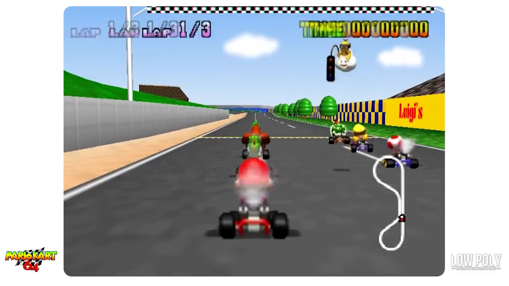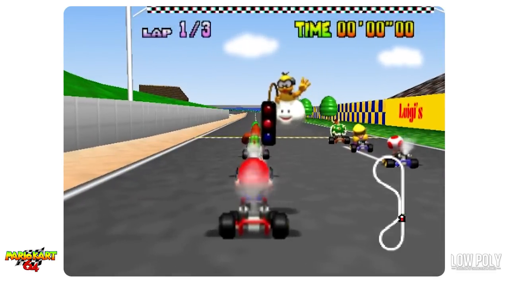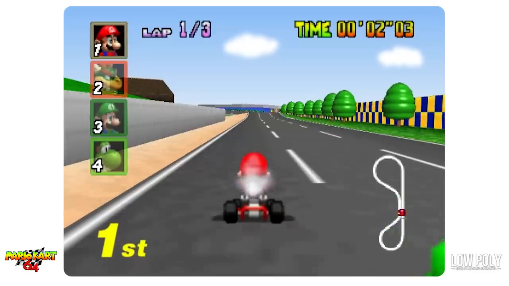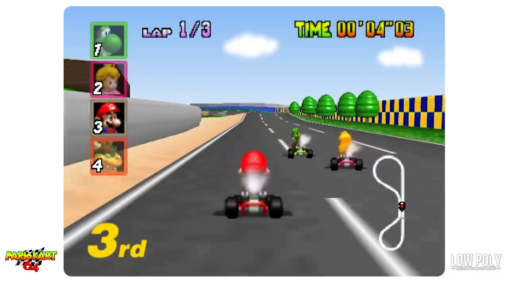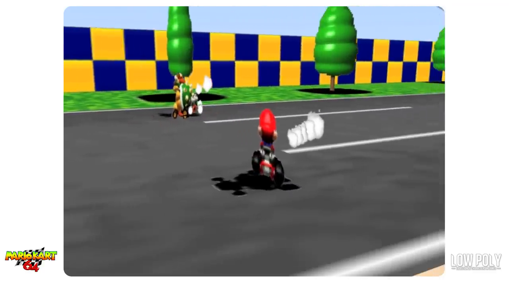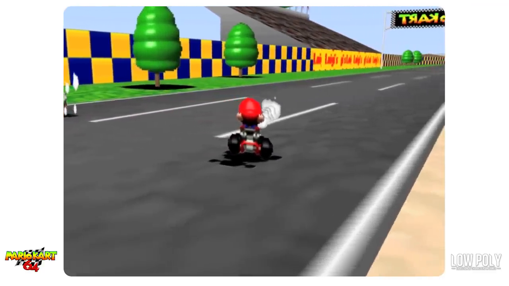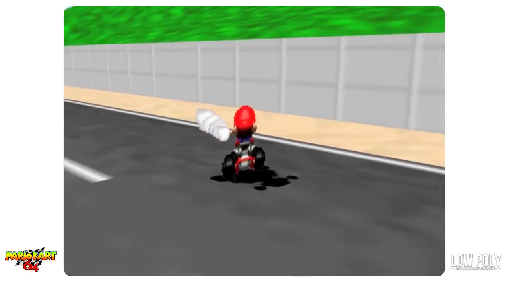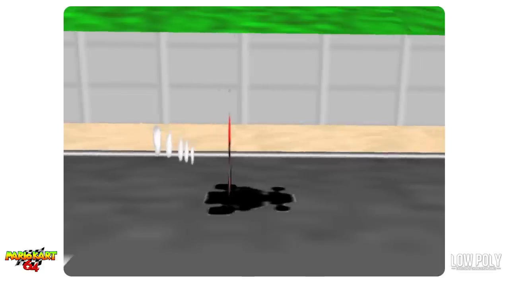The idea for this episode of Low Poly came about because curiously I wondered what exactly am I looking at when I'm playing Mario Kart 64? Well, wonder no more, because this is exactly what you're looking at when you're playing the game. You're in fact looking at character sprites textured onto a flat 2D plane. But it's only when we look at the game in this way that we can understand just how the game